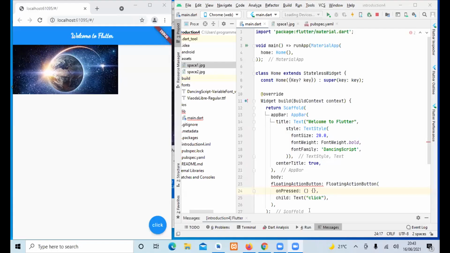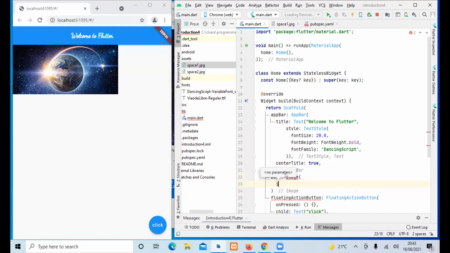Yeah, I'm seeing it now. Are you seeing where my cursor is at the body? Yeah. So I came here and I wrote the word image because I want to use the image widget. I edited the code which was at the body. Then inside the image widget, I use the image property. Under the image property, we have the asset image and the network image. So if I want to use the network image, I write network image,